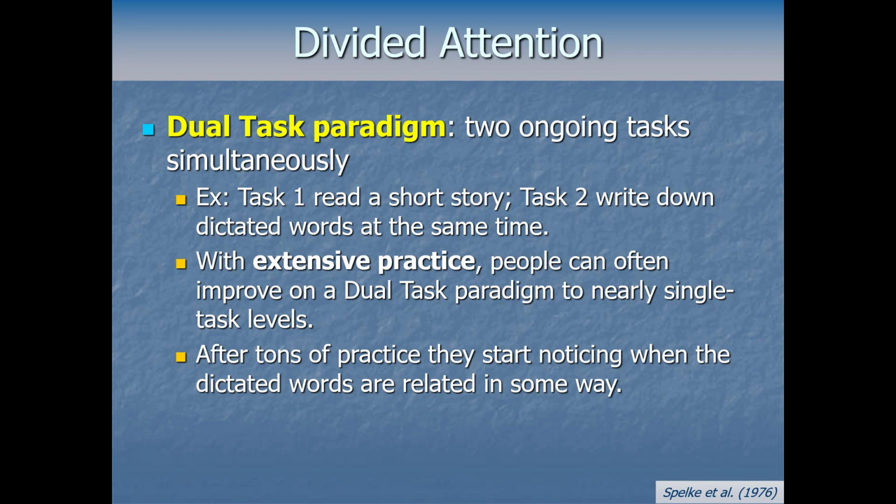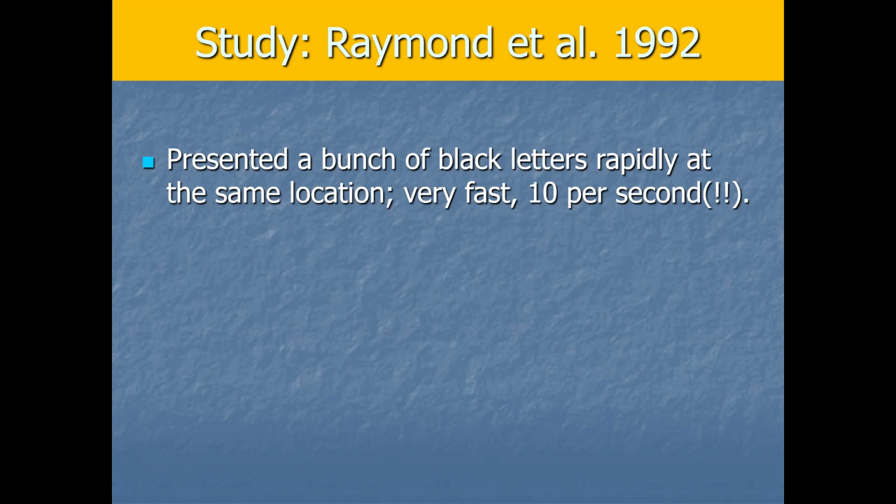But even if we could practice things enough to make them pretty automatic, there are still some hard limits on how quickly our brain can switch between those different tasks when we're doing multiple things. So let's talk about a study. It brings me to a famous study by Raymond and colleagues back in 1992. They came up with a really elegant design to show this fundamental limitation of how quickly we can switch between tasks, even at the fractions of a second mark.